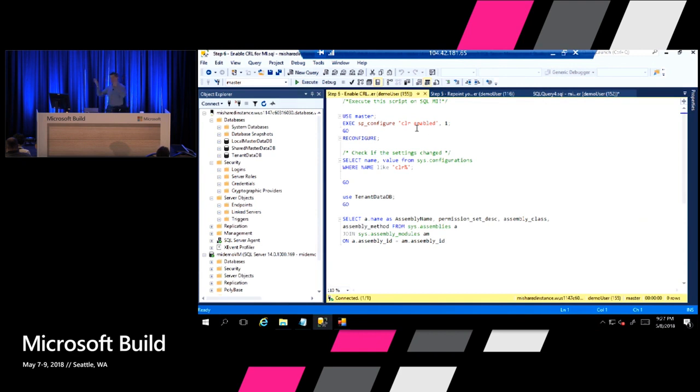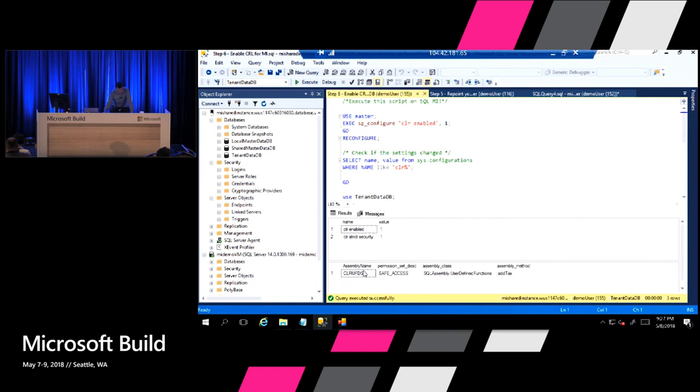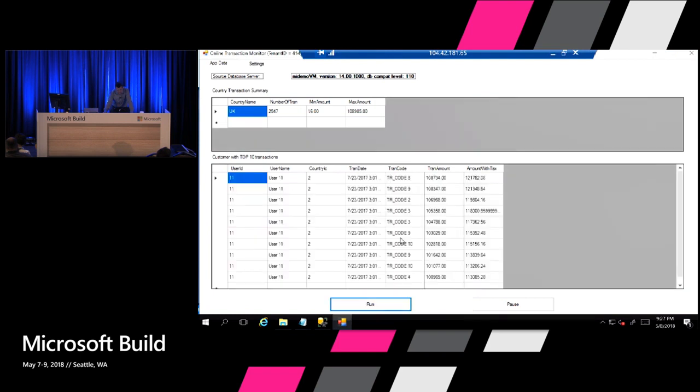So just know that sp_configure is available for you, so you can play with it. Why is that so? Because one of the databases deployed in this managed instance has CLR UDFs, an assembly, and a couple of functions, and this application is leveraging these. So, okay, now I enable CLR, and my application is running against the managed instance without any change.